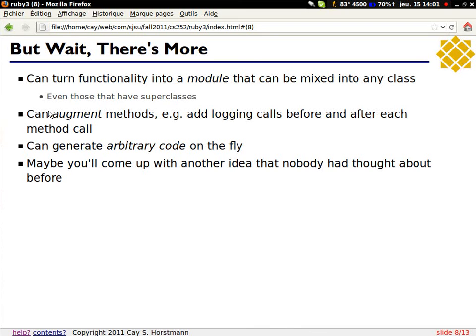You can also generate arbitrary code on the fly and then have it interpreted. That again is a very brute force method of doing stuff. With all of these things, people come up with very malleable and interesting ways of bending Ruby into shape. If you had a programming problem where you wanted this extreme flexibility, you'd be much better off trying to do it with something like Ruby than with Java, because with Java, your tools are just so very limited. Anything you can do with Java in terms of code generation means you have to write Java code and then compile it. Here you don't have any of that.